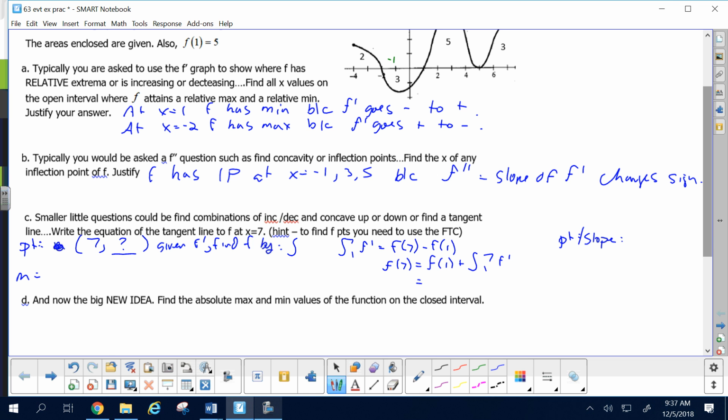I understand they're giving you the areas, and it's tempting to just throw 5 and 3 around, but show where the heck 5 and 3 are coming from, I beg you. F at 1 is 5, and the integral from 1 to 7 involves these areas, 5 and 3. Do you agree? So did you get 13 for f at 7? And therefore your point is (7, 13),